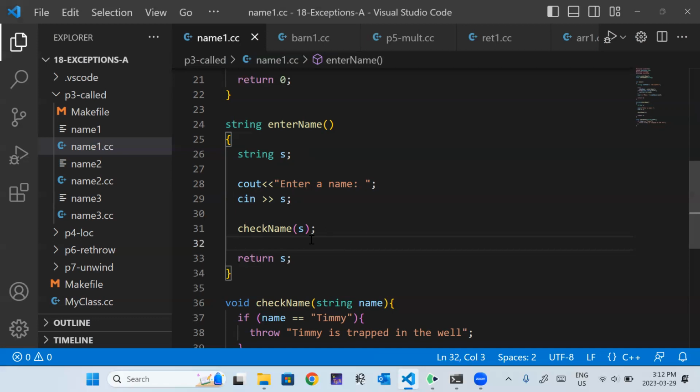That's one of them. The other is resource allocation is initialization, which means that every time you dynamically allocate some memory, you tie that to the lifetime of a statically allocated object. And then once that statically allocated object goes out of scope, that memory is deleted.